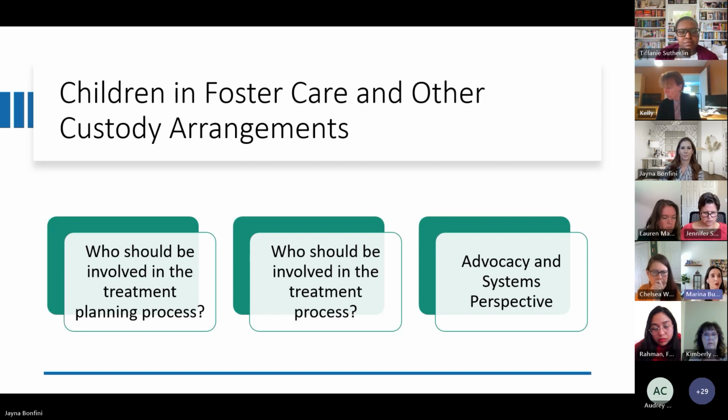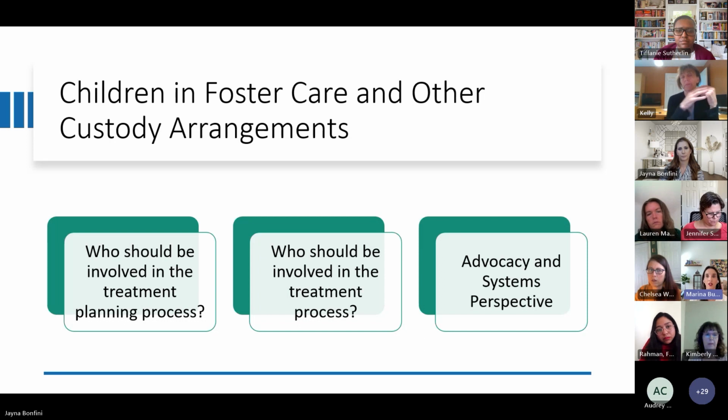And then this last piece, so when we work with kids and teens, sometimes they may be involved in different systems. One of those, depending on where you work, right? You may work with kids in the foster care systems or kids that are in different kinds of custody arrangements like relative care, group homes, et cetera, right? So when kids are involved in different systems, it adds additional layers for us and different considerations for our work. So for kids in foster care or state care, like I said, relative care, group homes, residential facilities, et cetera,